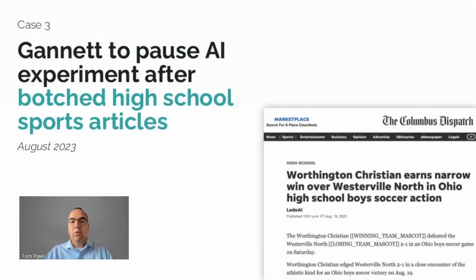This case analyzes a core issue in AI governance, so the balance between automating content production and maintaining journalistic standards. Gannett's AI-generated articles fell short of the quality expected by their readers, raising questions about when and how AI should be integrated into newsrooms. So although Gannett plans to refine its approach, this incident shows how rushing to use AI without proper oversight can lead to reputational damage and public backlash.